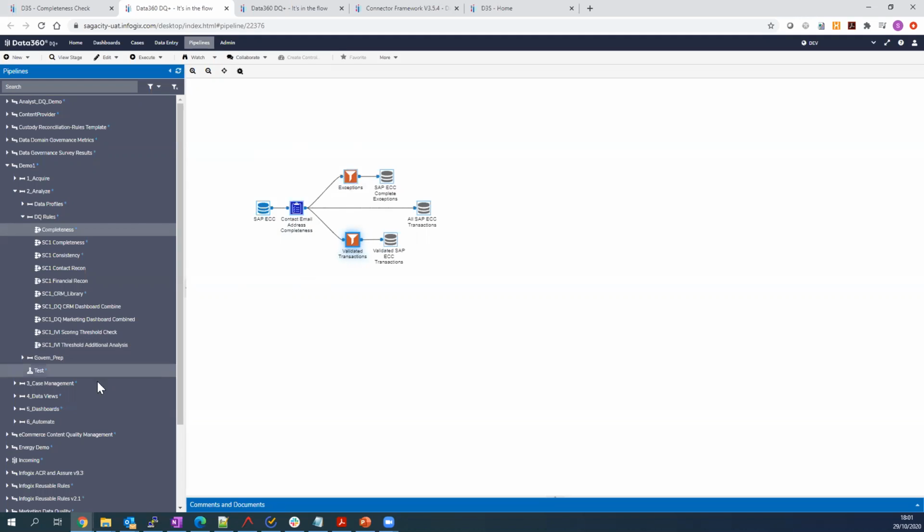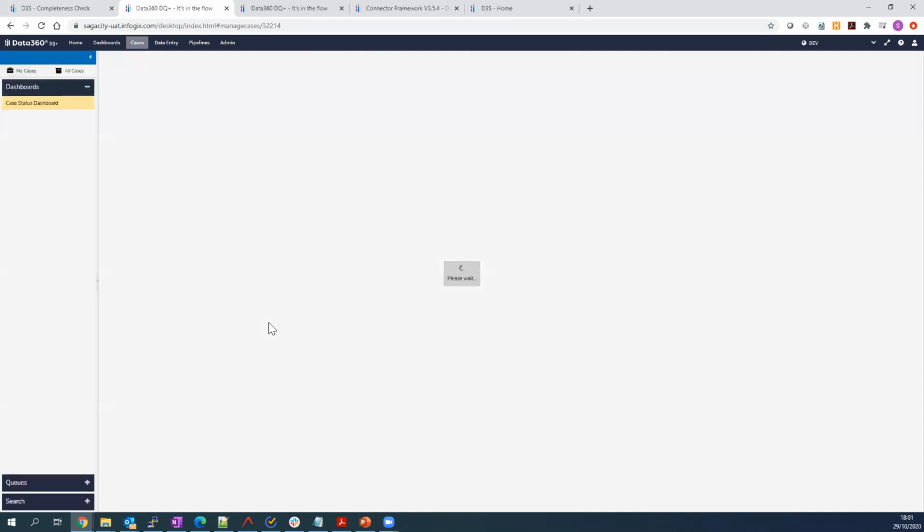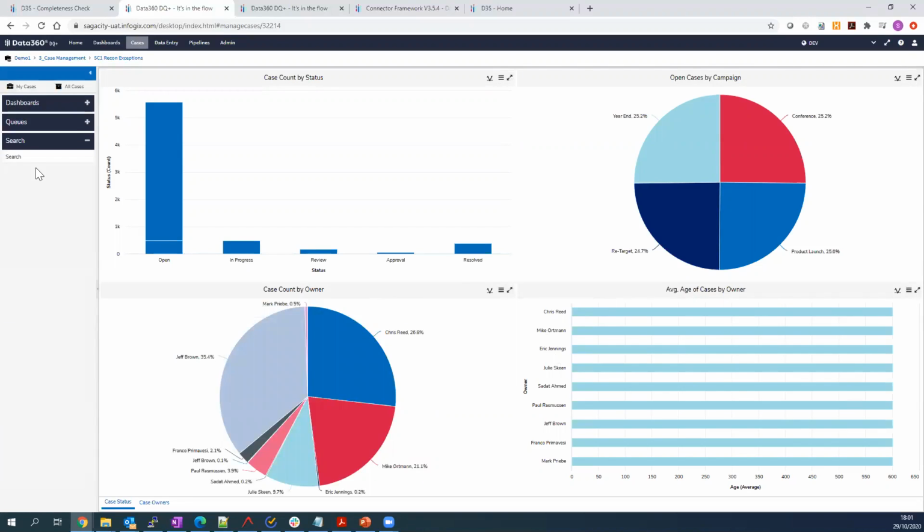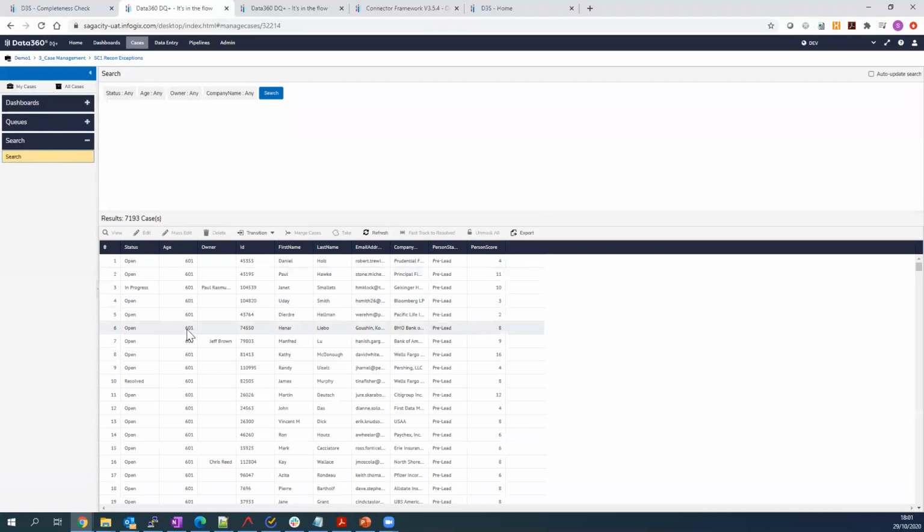And I can also come in here and see any cases and manage my cases as well. So if we had some case management cases which were being moved from here, we can move to our case management. We're able to see our case management dashboard that's been built. We're able to say, right, I want to have a look at my actual queues to see who's assigned my